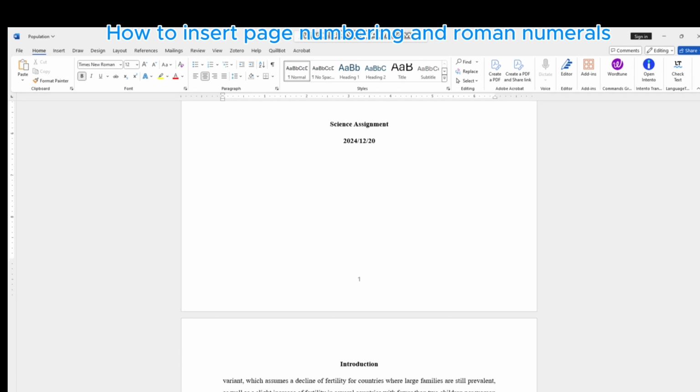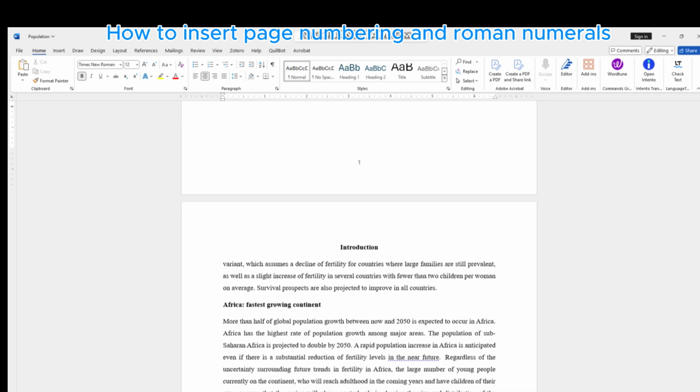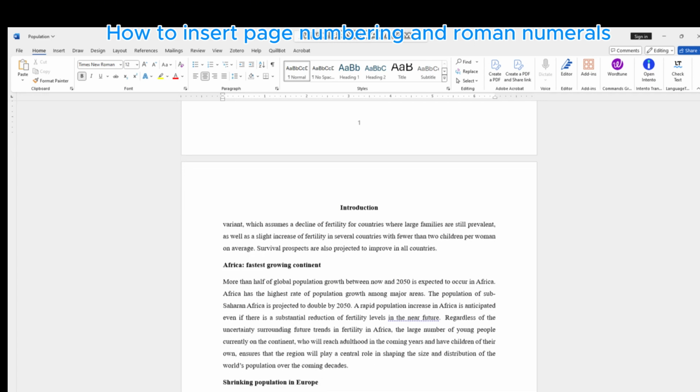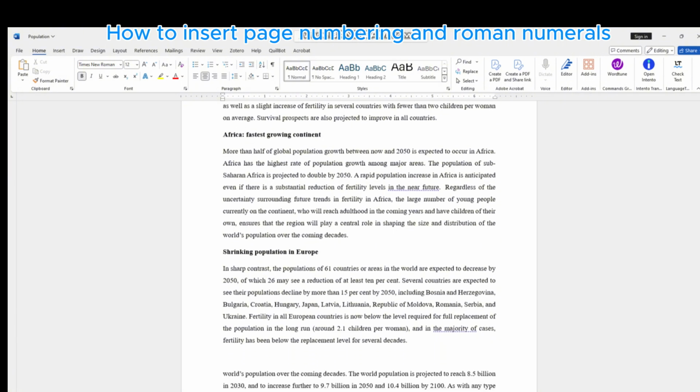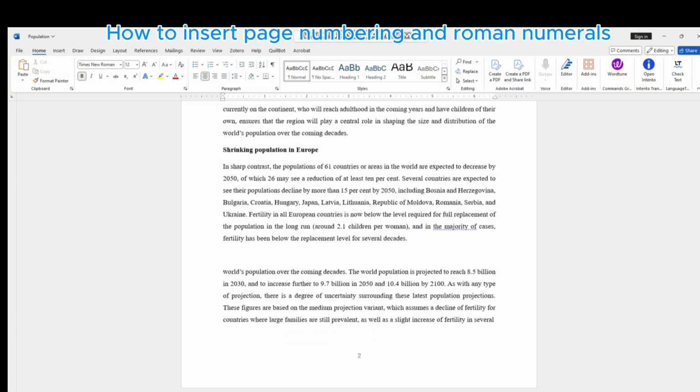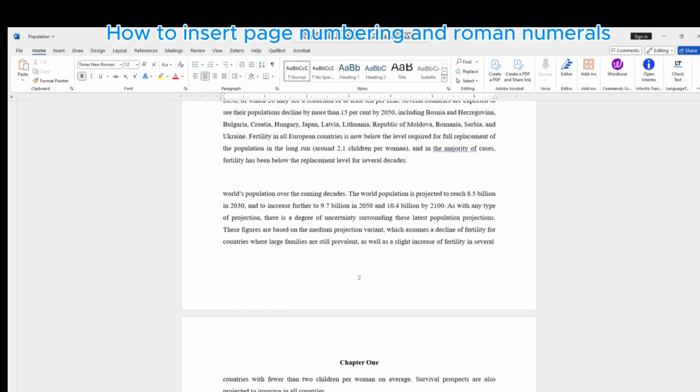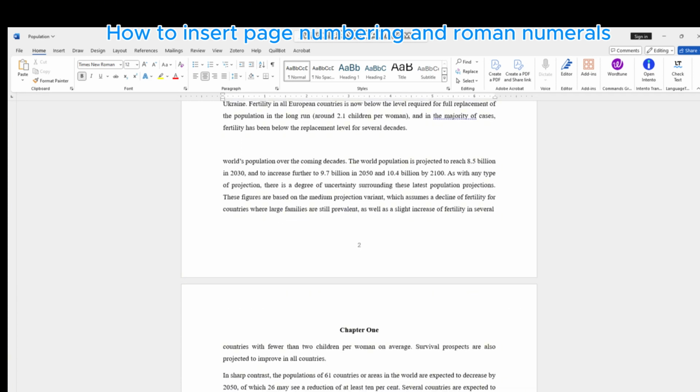What you have to do is go to the last page that you want to end your Roman numerals. So I want my introduction to be II. So what you have to do is put the cursor at the end of the sentence. Please listen to this part. Position the cursor, click on the last sentence of the page that you want to end the Roman numerals. So here I want to end my Roman numerals at page 2, or the introduction. So I'll position the cursor at the last sentence, as you can see from my screen,